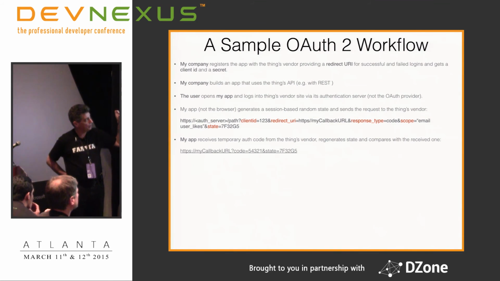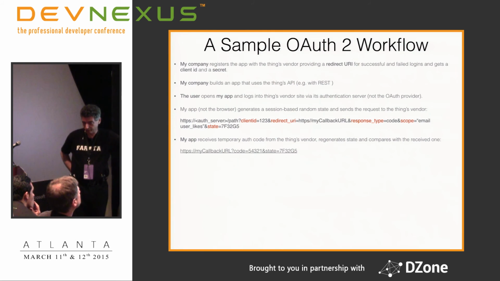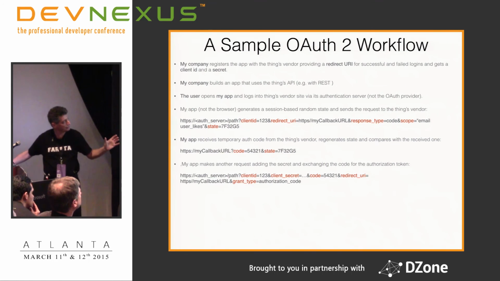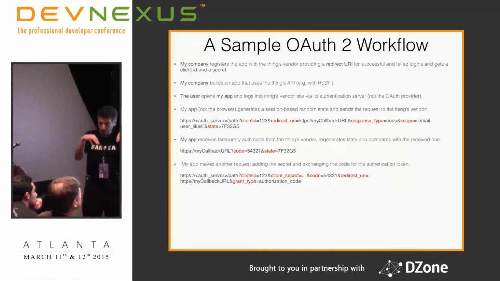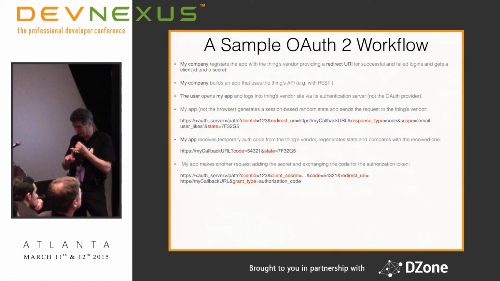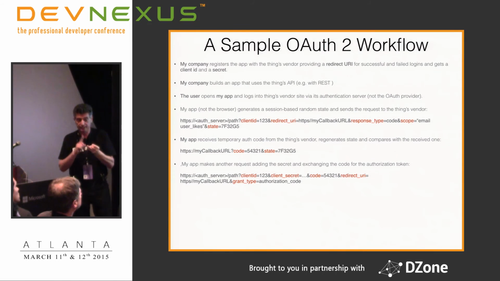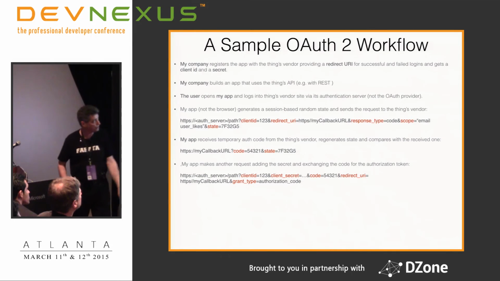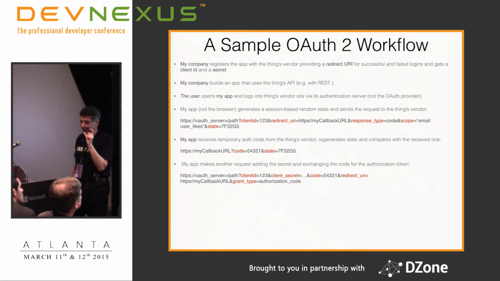So if everything is fine, the vendor sends me a redirect with the code, and again, state is attached just for security purposes, unchanged. And I do another request. Now I put inside that URL the client ID that was given to my application, the secret that was given to my application, the code that I just received in the previous step, the same redirect URI, and grant type authorization code, which means I want a token from you. Give me please an authorization token. And this is when I'm going to get it. And this is that valet key with restricted capabilities.